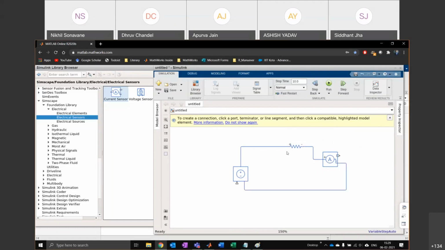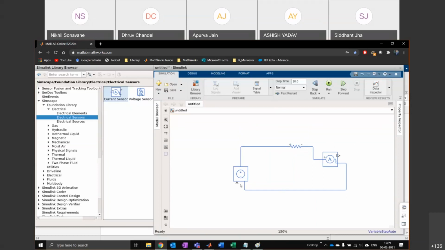Okay, so this is a basic electrical circuit. We have a voltage source, we have a resistor and an ammeter. The simplest thing that we can make. The trick with Simscape is if you try to run this now, you will not get any result. So there's a little trick to getting this working, and that trick is what I want to show you. Everything else you can understand. It's very, very simple beyond that.